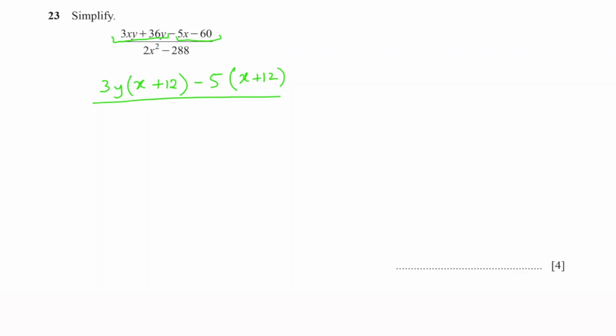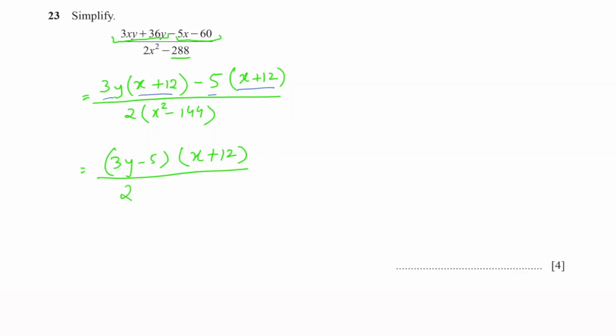Then for the denominator I can take out 2 as common. I'll have x square minus 288 divided by 2, which is 144. Okay, so once we have done this, we can do one thing. These two brackets are the same, so we can write it at once. And we can pair this and this, and that and that. So we can write 3y minus 5, and this one will become x plus 12, and divided by